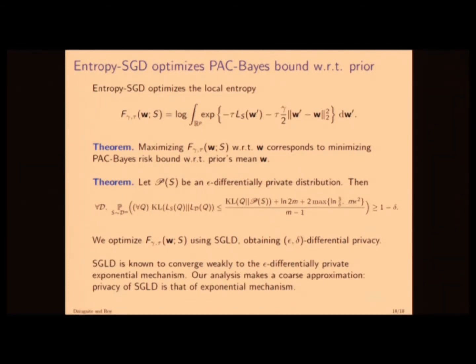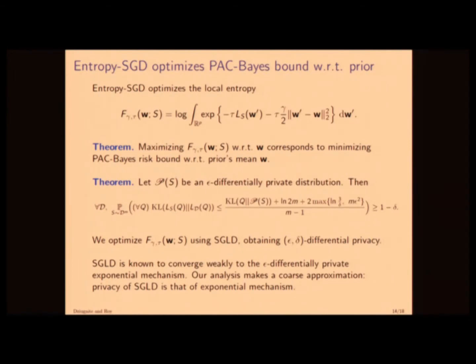If you run SGLD long enough, subject to a condition which is not quite true, which is that the noise from the stochastic gradient is isotropic, someone just told me this, then SGD converges in distribution to an epsilon differentially private mechanism called the exponential mechanism, which kind of makes sense, or the hand waving kind of makes sense. So SGLD, if you run it long enough, is going to be targeting the stationary distribution. It's going to forget where it started.